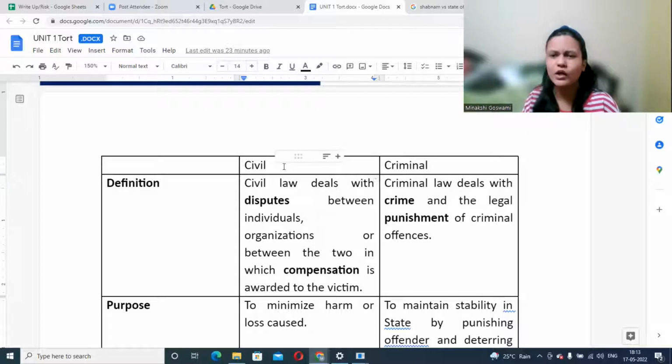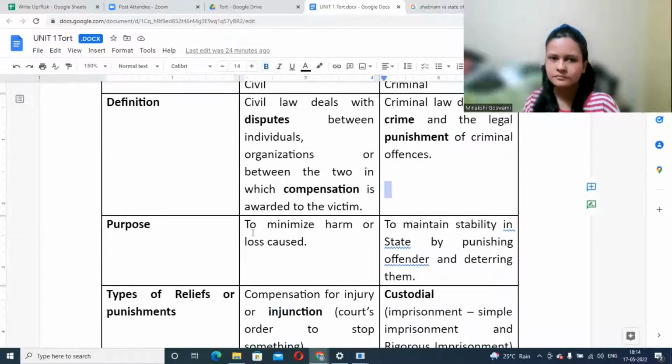In civil law also sometimes you get to see that your right is affected by some government department or some government officer. There also we have rules under CPC. You don't mention the name of the officer, rather you mention the department or State of so and so. Like that we have some provisions under CPC. So sometimes when it's a case against a public officer or a certain government department you get to see it, but that is rare. Mostly it's individuals or entities, companies, organizations. That is just one thing I mentioned, but it's not 100% that it would be criminal only. Sometimes in civil also you get to see that.